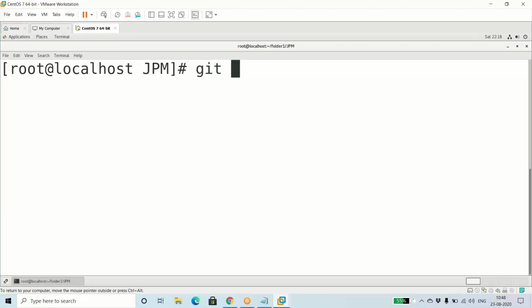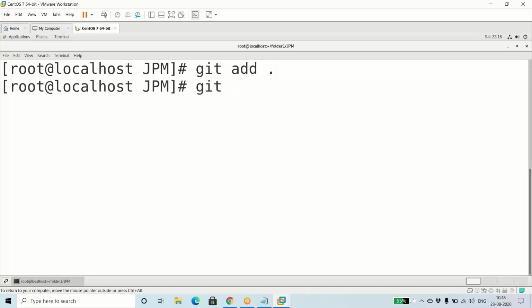I'm done with the index area. So now I'm coming to the staging area. So I'll just do a git add, and I'm just giving a dot. Because I have only one file, I don't want to write a file name, so I can give a dot.